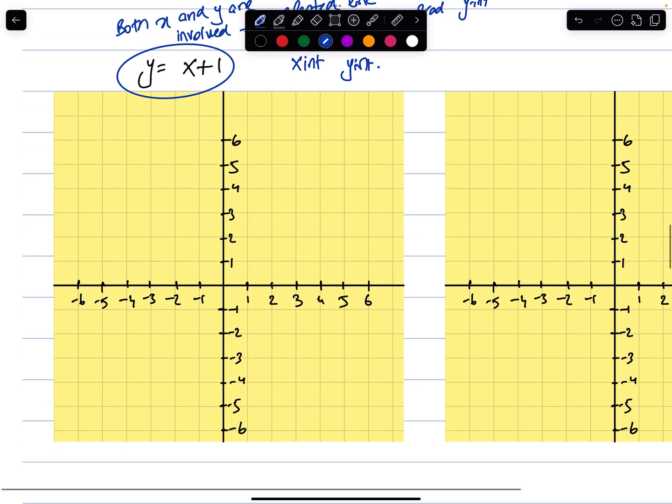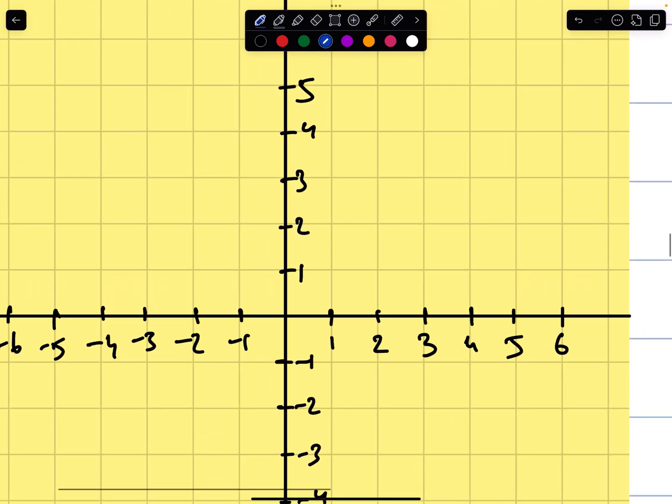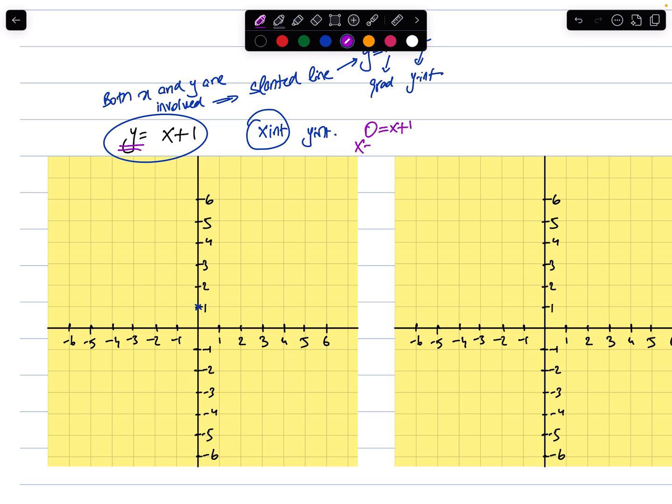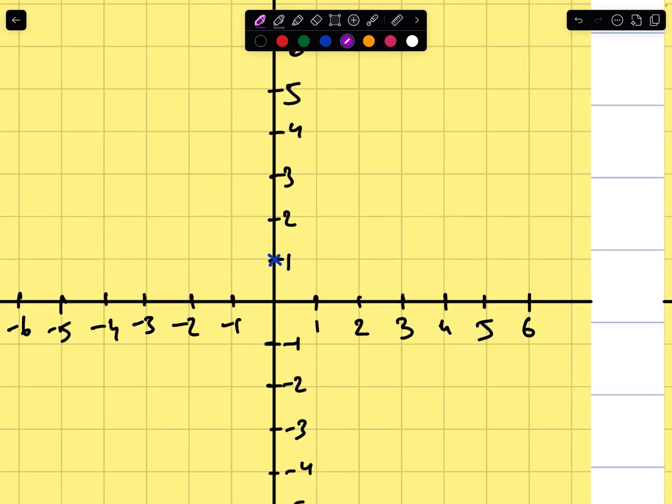तो मैं मेरा बेटा एक पॉइंट जाके लगा देता हूँ 1 पे, which is the y intercept. फिर सेकेंड पॉइंट ढूंढना है तो x intercept ढूंढ लें. x intercept ढूंढने के लिए you'll substitute y as 0 because whenever you're crossing the x axis y is 0. So I do y 0 equals x plus 1 and x from there comes out as minus 1. तो मेरा दूसरा पॉइंट बेटा -1 पे आ जाएगा x axis पे,